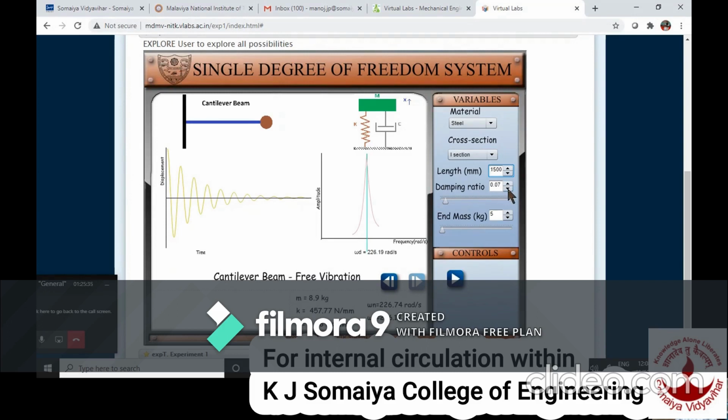Now just see, I'll make the damping ratio 0. Damping ratio is 0. When I consider the damping 0, what does it mean? No damping is there, zeta is equal to 0. In that case, the system continues to vibrate without any decay in the amplitude, and the system is not going to damp anyhow. But as soon as I start to increase the damping ratio, you can observe there will be a logarithmic decrement in the amplitude of vibration.